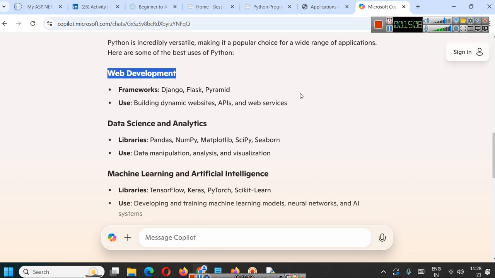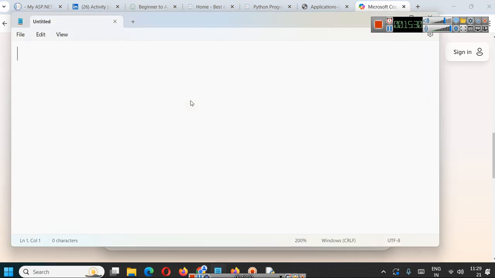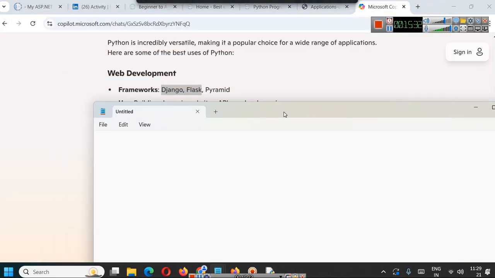So in a similar way, in Python, if you want to create web development applications or web applications, you have to learn Django, Flask, and something called Pyramid. Okay, Django and Flask are the most popular frameworks of Python. I'm telling you from the ASP.NET point of view. Maybe you will understand. Even if you don't, just don't worry. We will